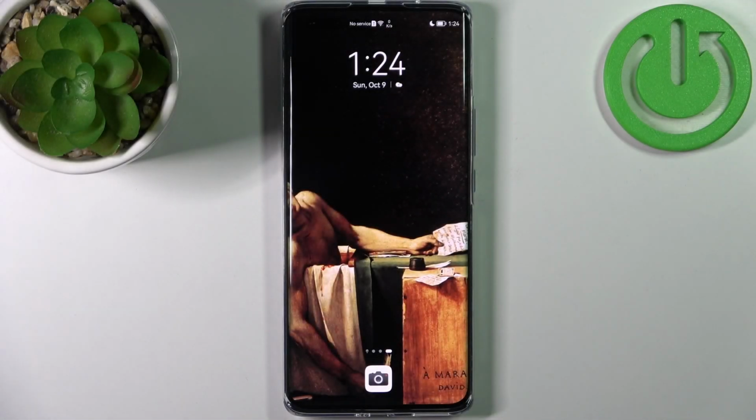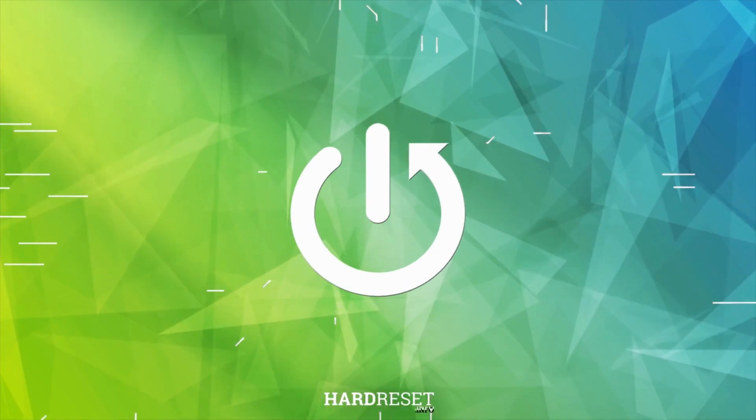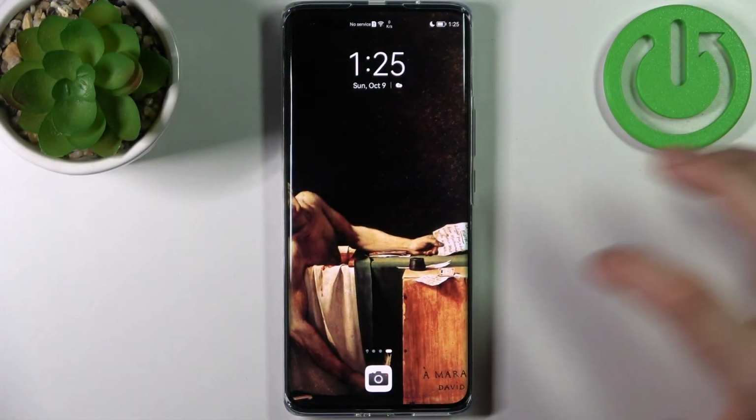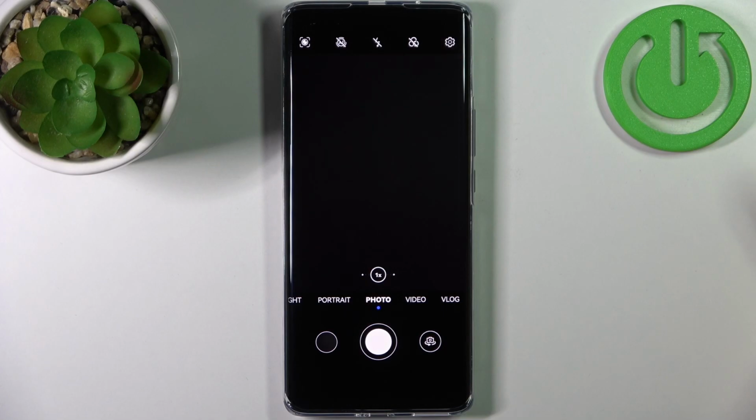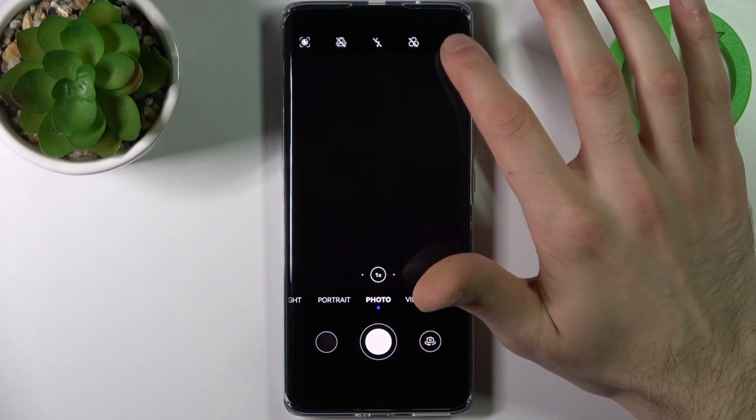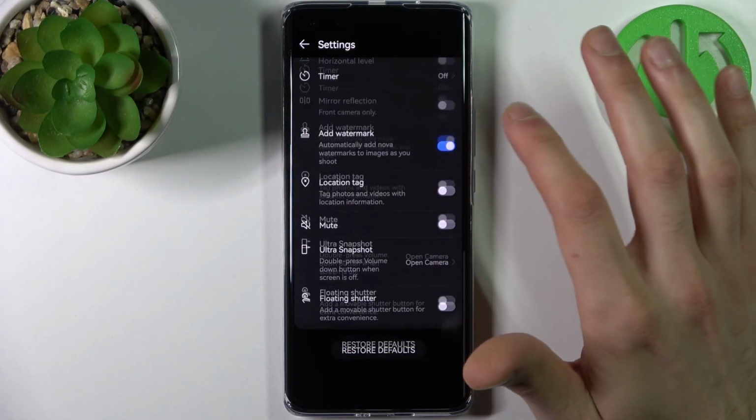Here I have Huawei Nova 10 Pro, and today I'm going to show you how to enable or disable camera location tags on this device. So to do this, firstly you have to open camera, then tap on the gear icon to access its settings,